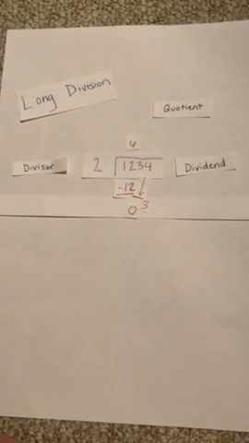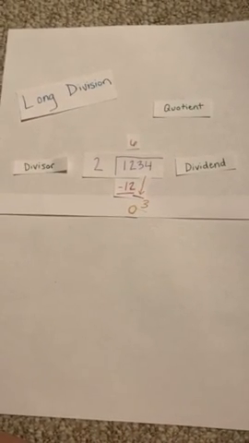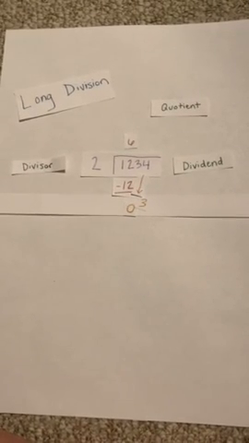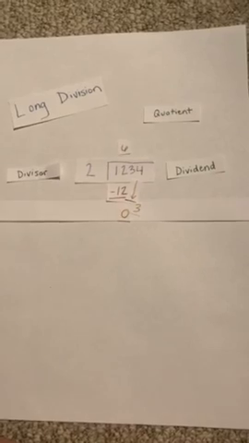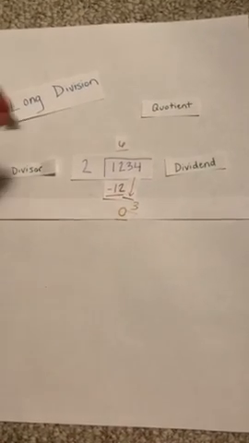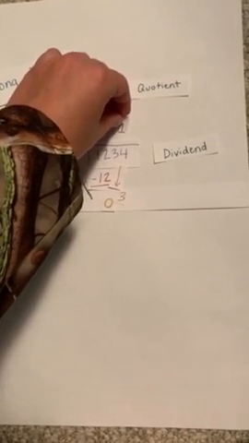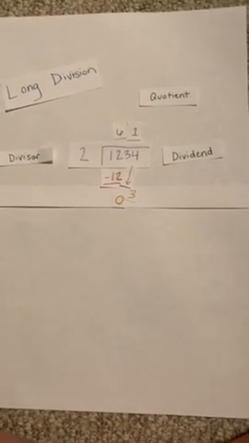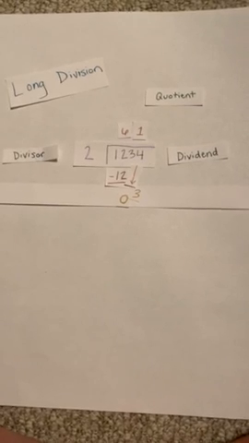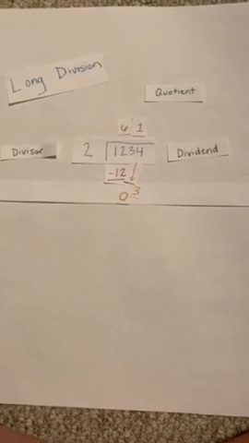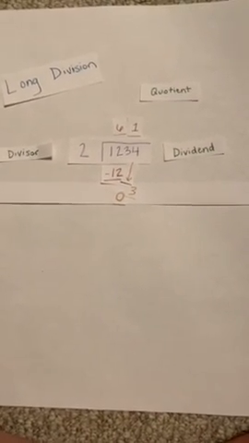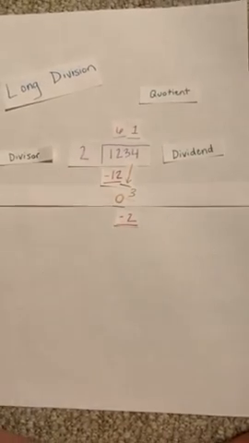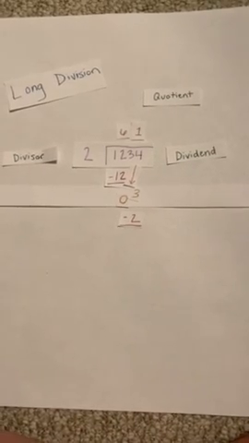Now we're going to repeat the steps from earlier. So, can 2 go into 3? This time, the answer right away is yes, 2 can go into 3. 2 can go into 3 once, because 2 times 1 is 2, but 2 times 2 is 4. So 2 can go into 3 once. So once again, we're going to multiply the 2 and the 1, and this time we get 2. So we're going to subtract again that number from 3. 3 minus 2